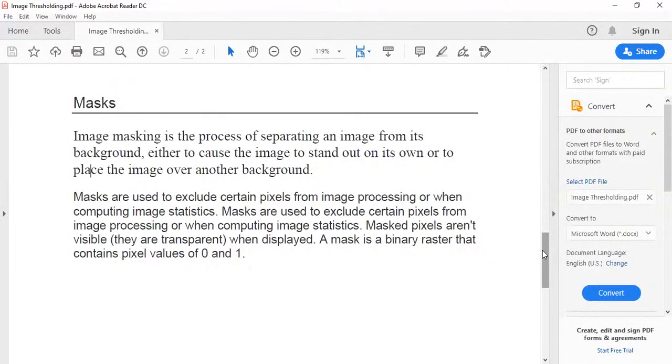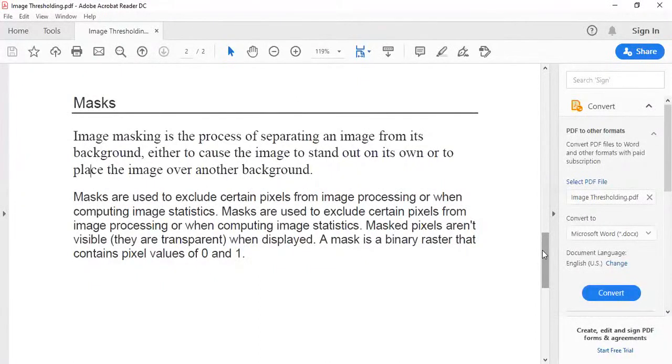Masked pixels are not visible, they are transparent when displayed. A mask is a binary raster that contains pixel values of 0 and 1.